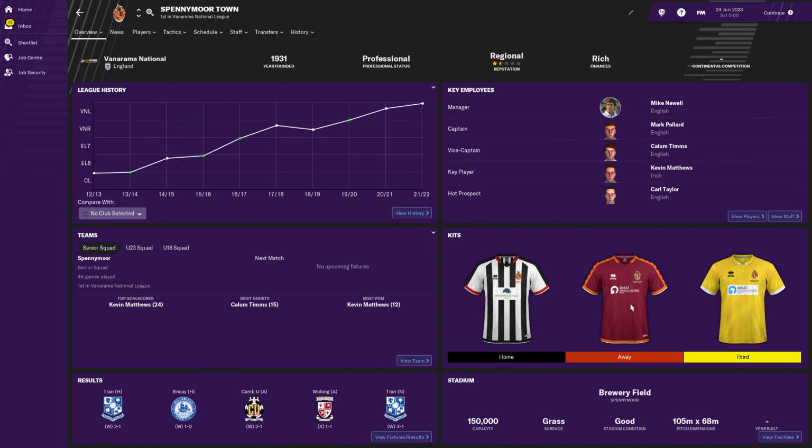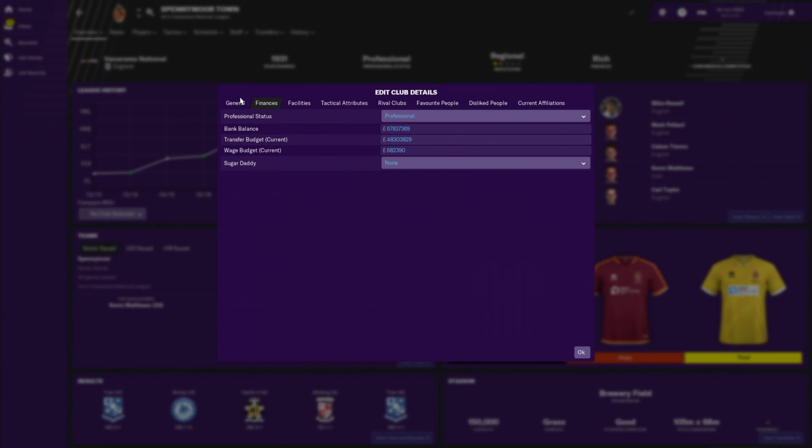Hello everyone and welcome back to the second part of this experiment with Spennymoor Town, where we're trying to see what would happen if a non-league team had the perfect shell around their club. So the way this works is we don't give them any cash, we don't change their reputation, but if we look at their club details, they have got